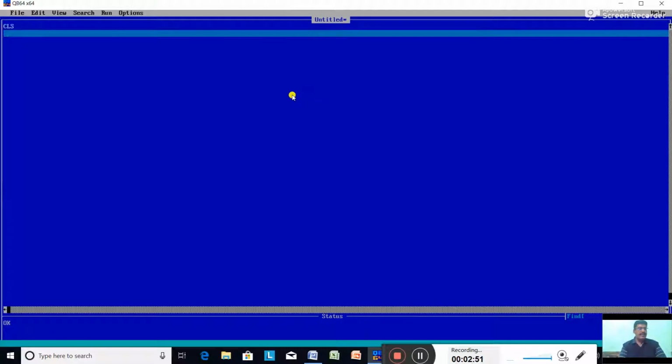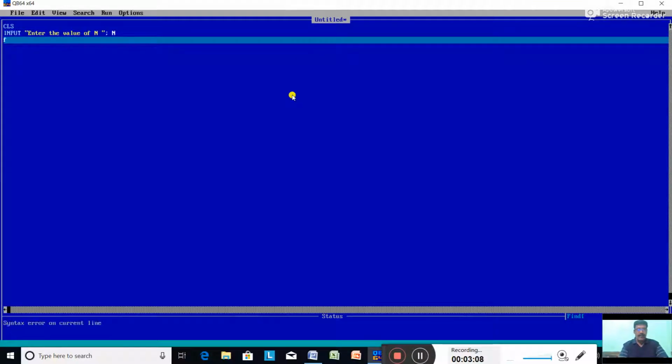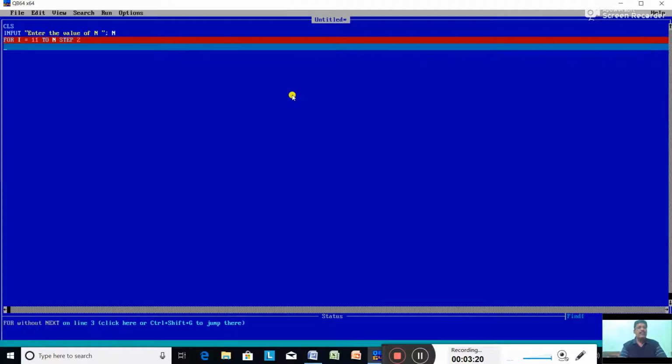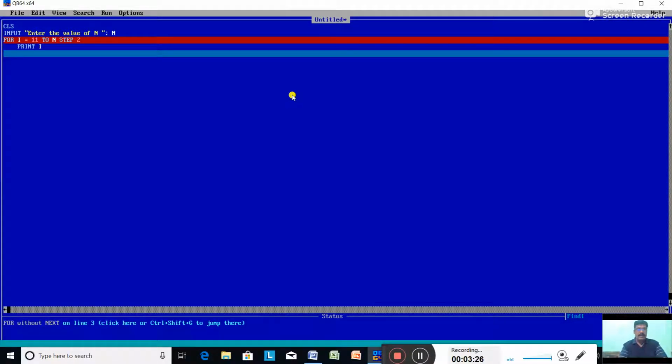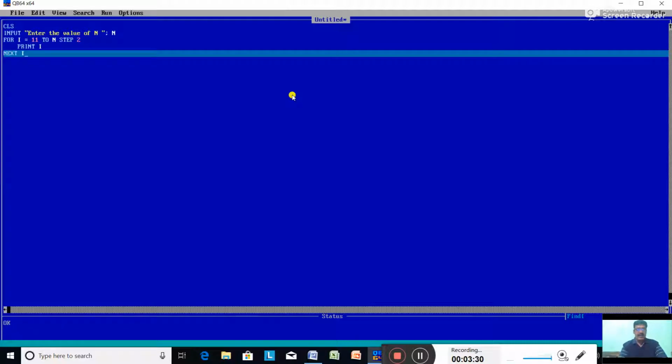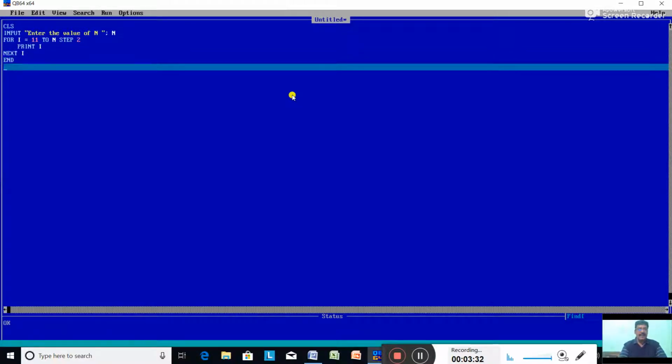CLS, input, enter the value of n. Give the message, enter the value of n. For I equal to 11 to n, step 2. Print I and give the next I. Next I and end of the program. The program is typed. Press F5